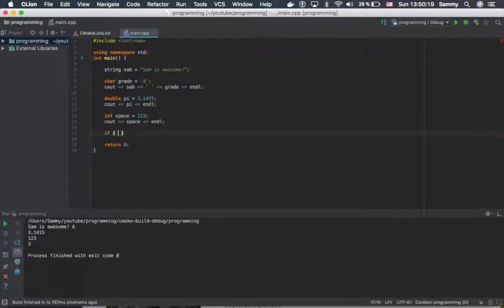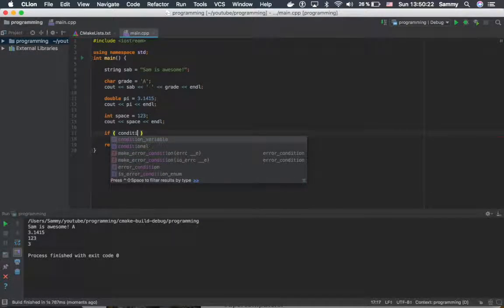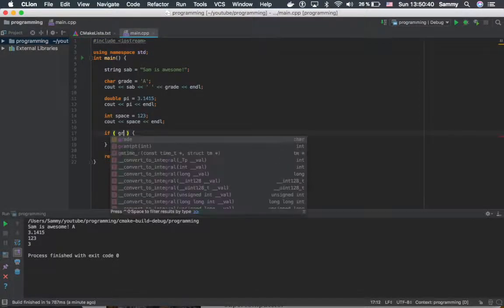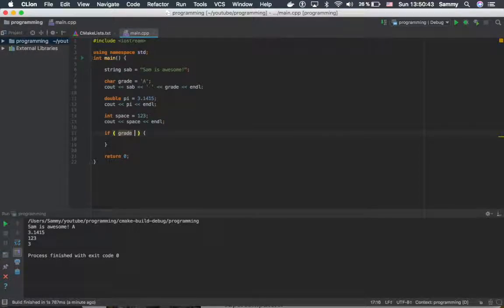So if loops, basically they do if condition, and you remember you always put the curly braces to say what's in the if loop, and then it will do this. And so yeah, so let's do a condition. If grade, and this, the exclamation point and then equal says not equal. So if grade not equal A,